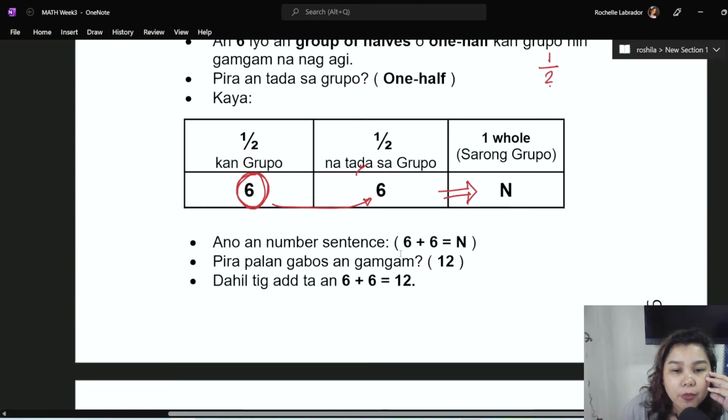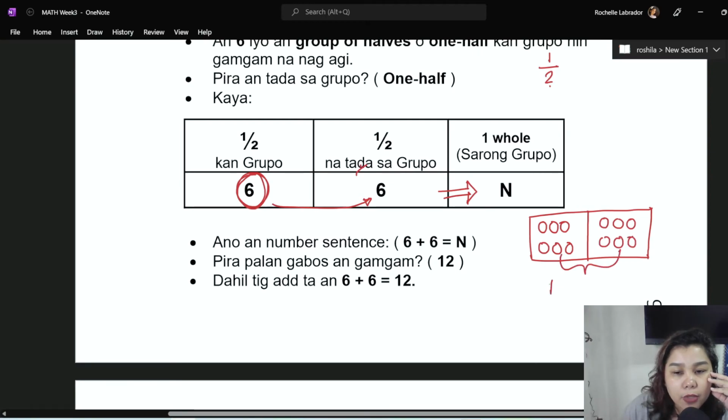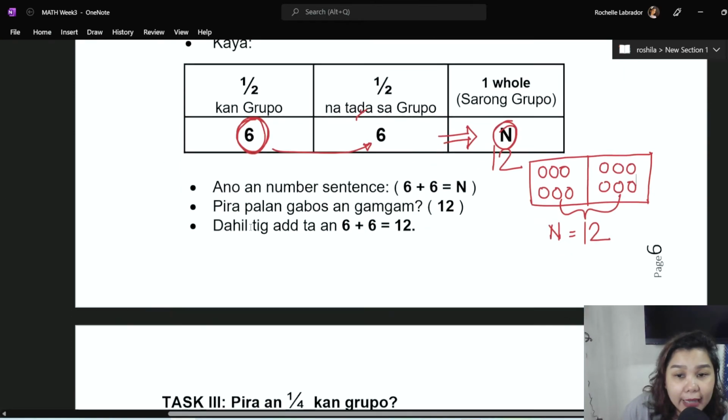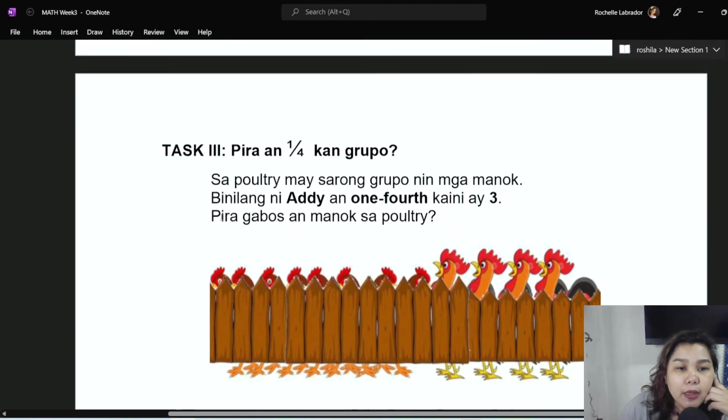So, anong number sentence? So, ulitin lang dahil sa 1, 'di ba? For 1/2, we have 2 groups. So, I'll draw it. Kung 1/2, it means 2 groups. So, ito 6. So, obviously, kung 6 ang isang set, the other set will be also 6. So, what you have to do is count them all to get n. So, 6 saka 6 will have 12. So, n here is 12. So, ilan ang kabuuhan? Kumbaga, it's 12. So, and then naman, task 3,